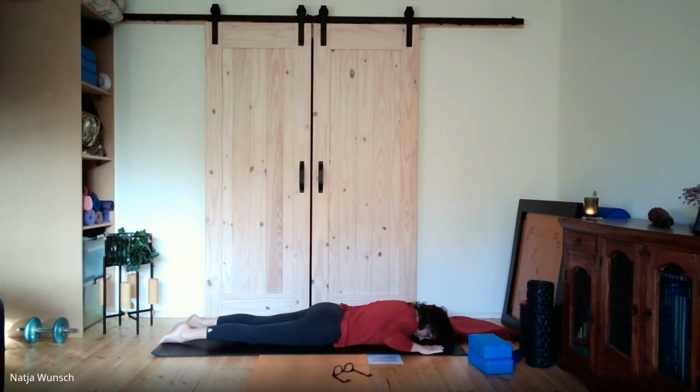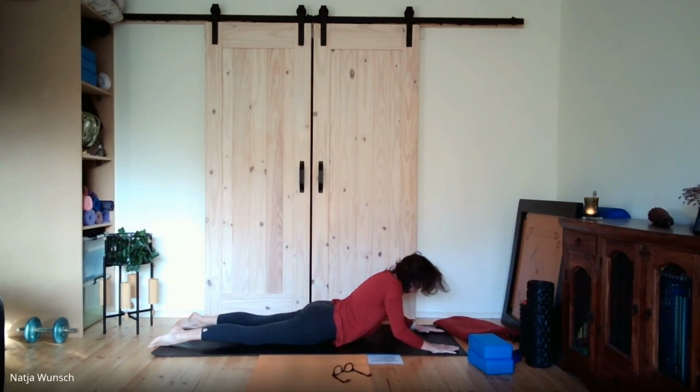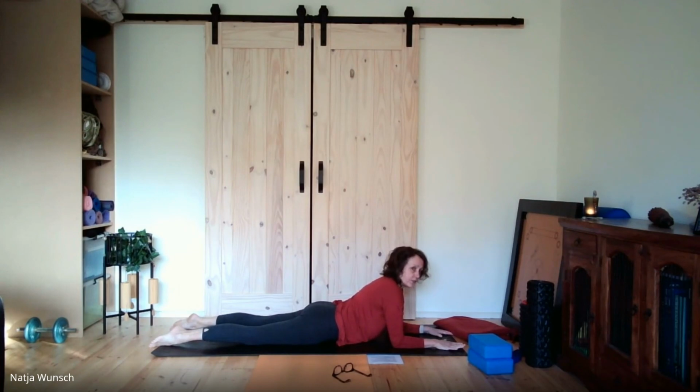Forehead might be down. And with your elbows resting on the floor, the hands are framing the head. Your thumbs are aligning with your eyes. And as you take your next inhale, push the hands into the ground, raise the elbows, lift head and chest, and then draw the elbows underneath the shoulders. So this is a sphinx pose. If you find there's irritation in your back, slide your forearms a little bit further forward